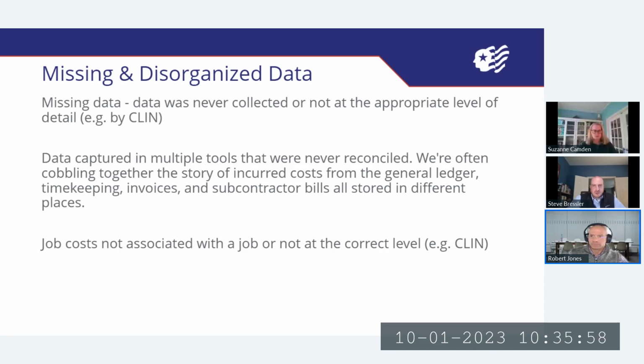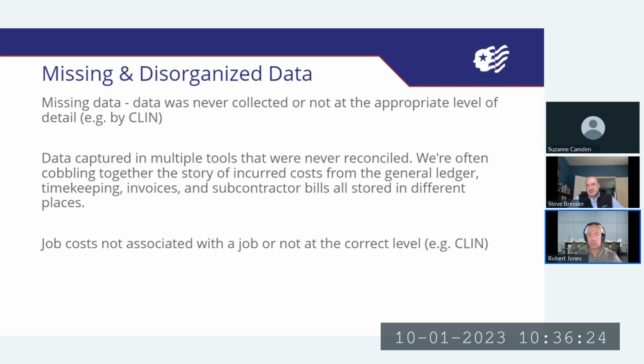Now, I will say that we've seen some people break down those individual sub-projects or CLINs further because they have internal reasons that they want to track and report how they're doing within a CLIN, and that's okay. You can certainly have greater detail within the CLIN, but you need at least the same level of setup between the contract and the project so that we can report that appropriately. And that is one that we have seen DCAA pick on time and time again with clients, is that the client has the information at the project level, but they don't have it at the CLIN level.